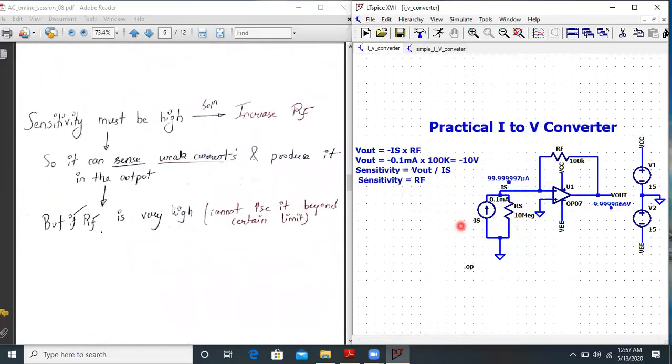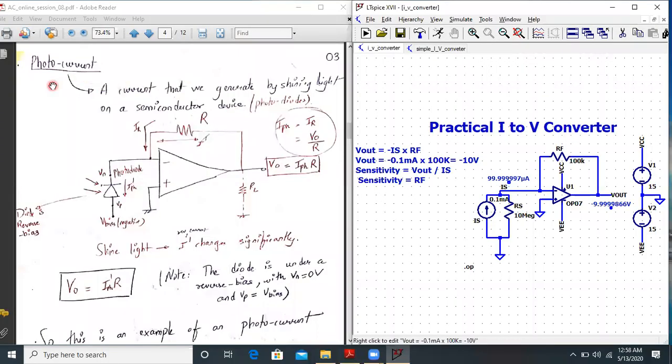If you want to detect or measure very small currents, in nanoamperes, we need to somehow increase the value of Rf. If you want the sensitivity to be high, the solution is to increase the value of Rf so that it can sense very weak currents and produce them at the output. But we cannot increase the value of Rf significantly, because that will affect the bias current of the op-amp circuitry. So that's the limitation. We will see another circuit now which will overcome this limitation. Before going there, let us move on to a small application of this I to V converter.